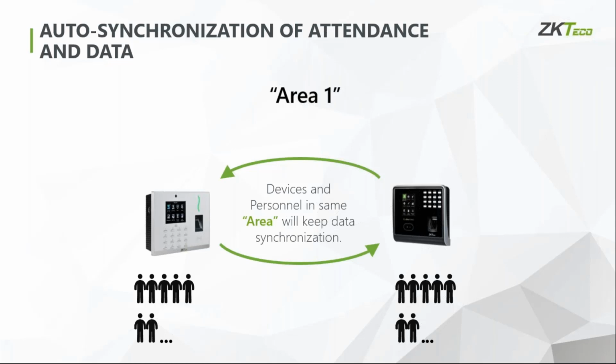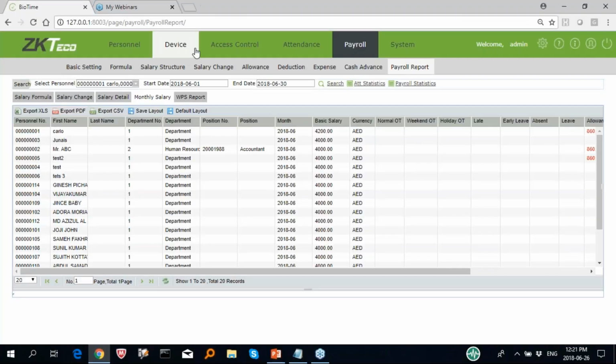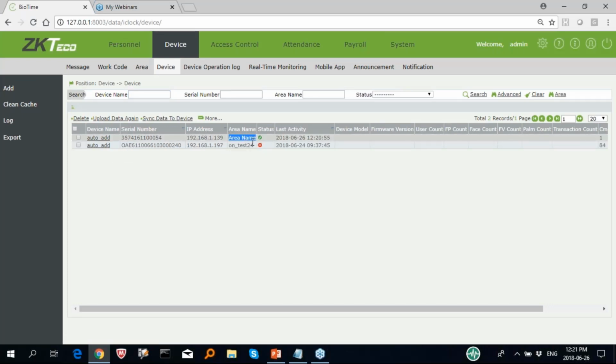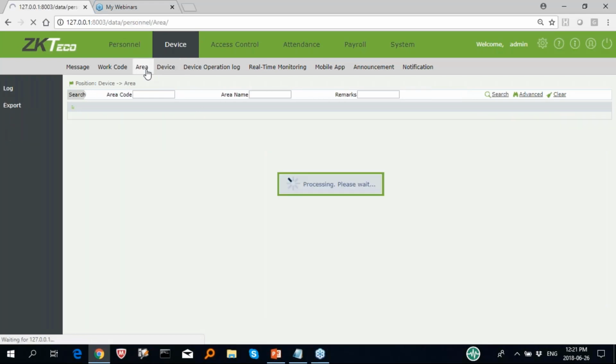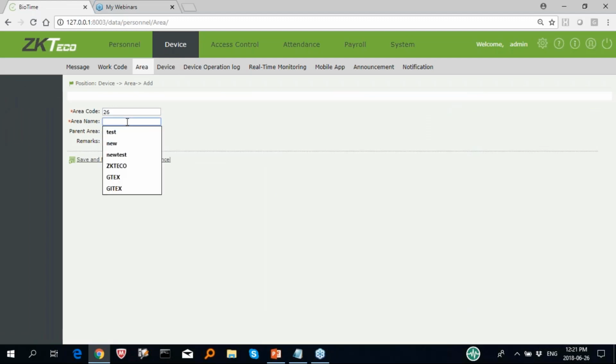Okay, I will show you in the software side how it's handling. You can see here the device module. Here you can see I'm connected to one device. As I mentioned, it's connecting to the default area, because you can see in BioTime the default area name is area name. Okay, so I want to create a new one, I will make one area called training,